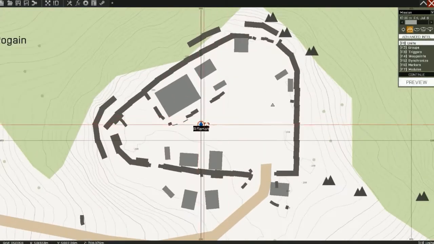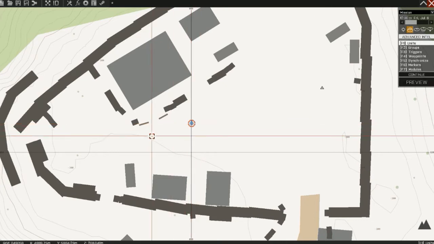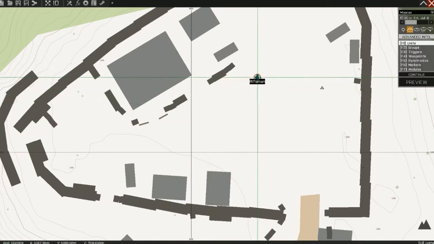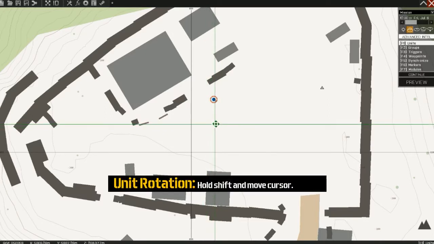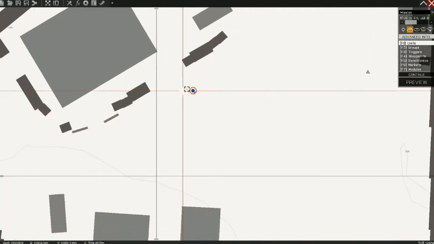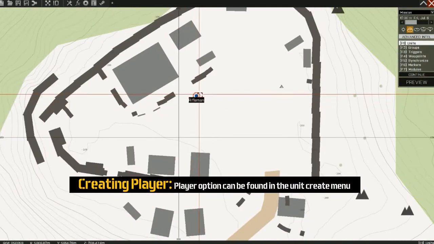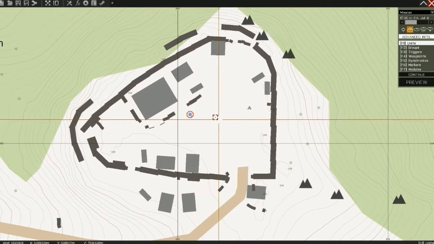Now we'll take that unit, and something you can do is now that that unit's placed down, if you just click on it, we deselect, if we click the unit once, we can drag him around anywhere and it will stay relative, so he will now move wherever you want. But if you hold down shift whilst clicking and keeping hold, you can use that little arrow to show which way he'll be facing when the unit spawned, which can come in handy. This red ring means that that is currently the player. Now you always have to have a player in game in editor in order to preview your mission. So we'll go over the next one.